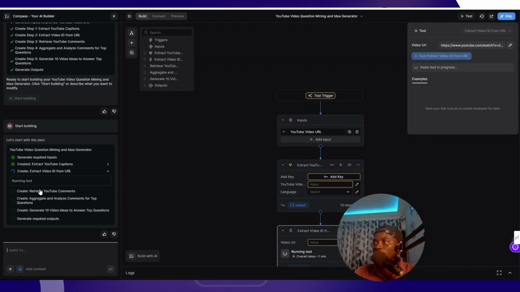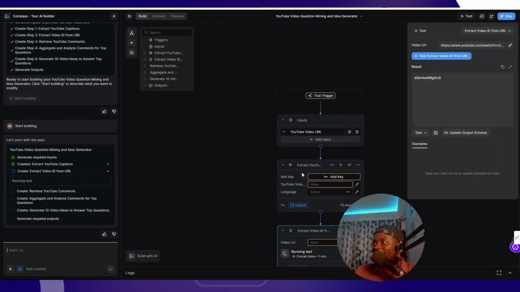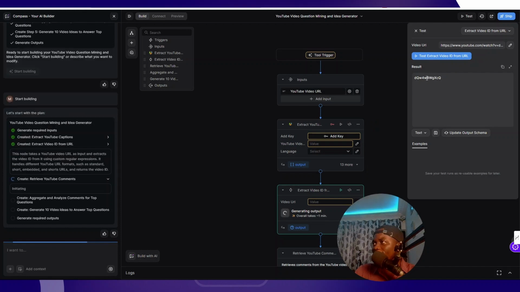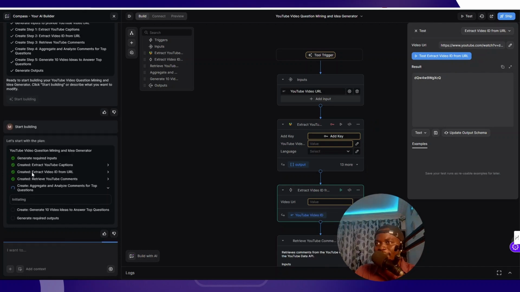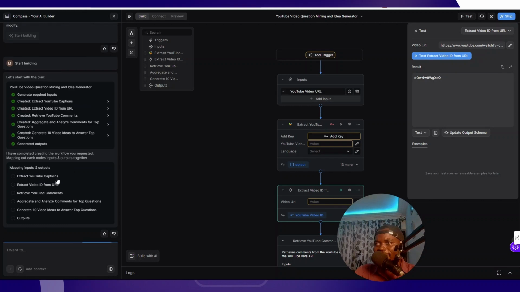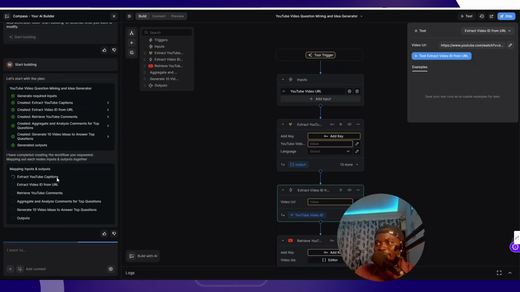And I think this is sweet. This is very, very interesting. Once it's actually testing the node, this is crazy. Okay. It's testing the entire workflow. So my guess is it's going to fit. Oh, okay. It logs out the ID. Hopefully there's a video ID or something. And then it's reiterating again, generating 10 video ideas, mapping the input. So my guess is